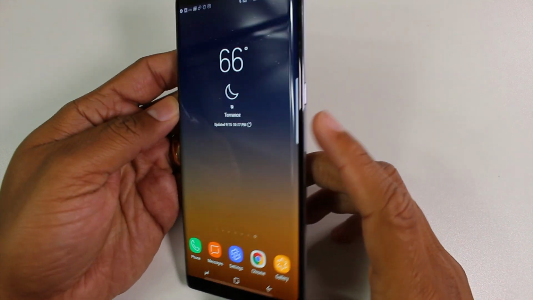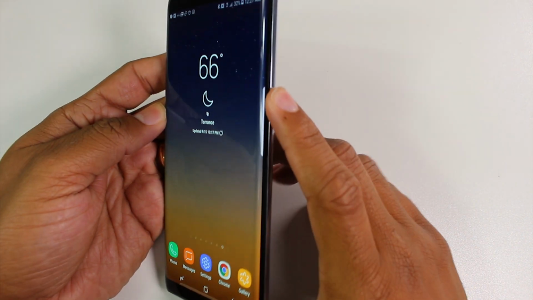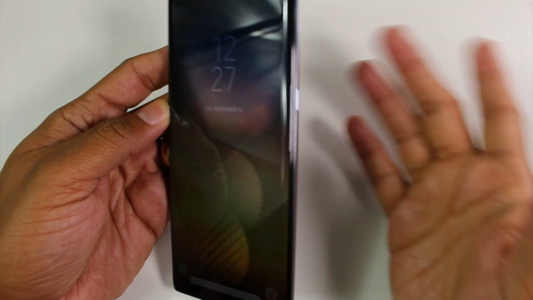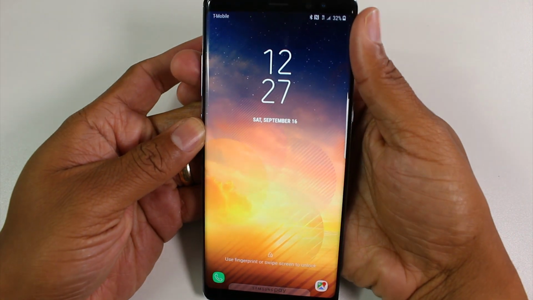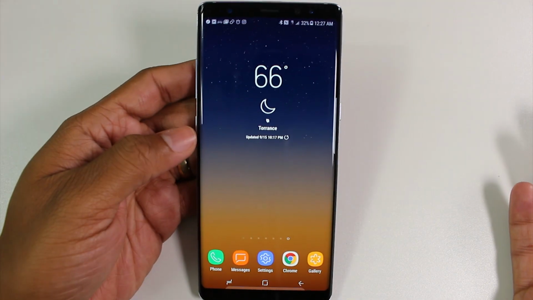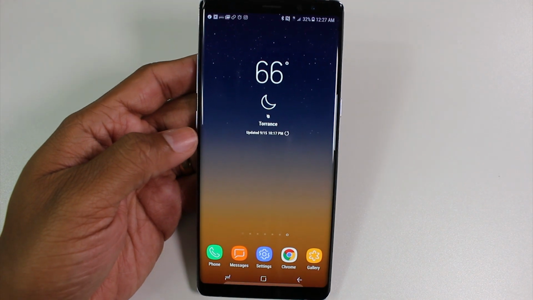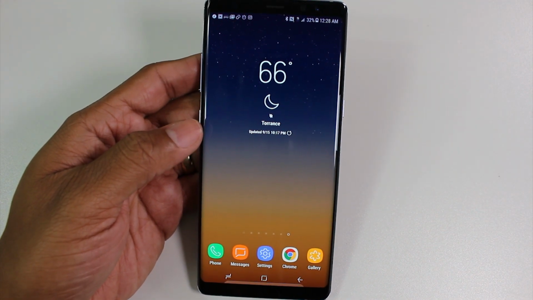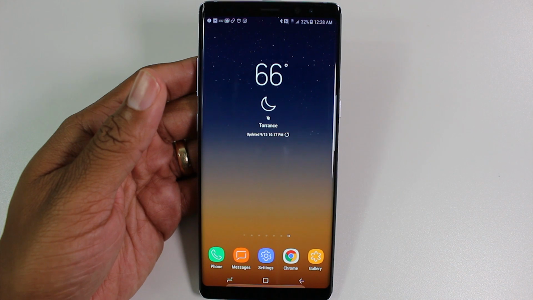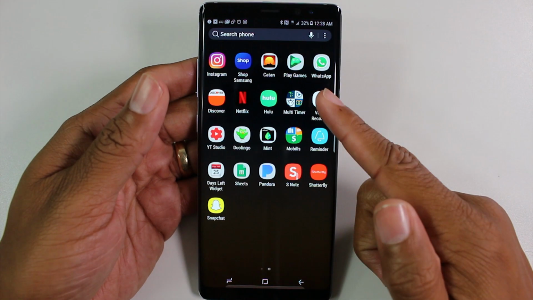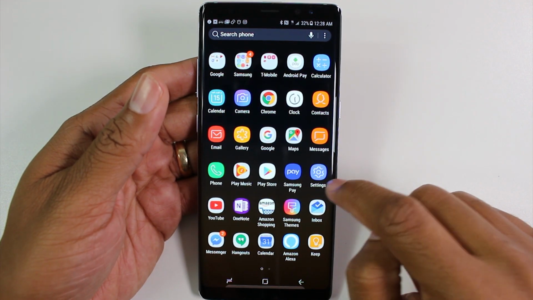All right, on the right side, we just have our power button. Obviously, turn it off, turn it on. Now, I do have the fingerprint scanner set up. If you haven't set yours up yet, I'm gonna show you where to go to initiate that. So swipe up, go to your settings,